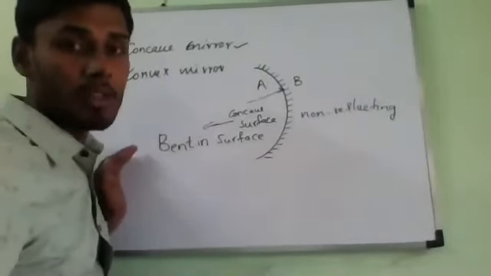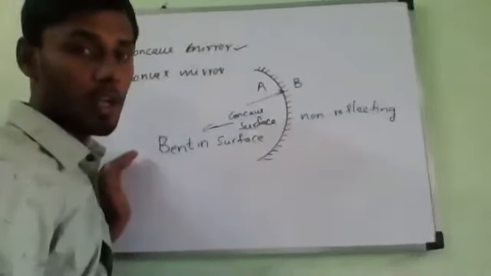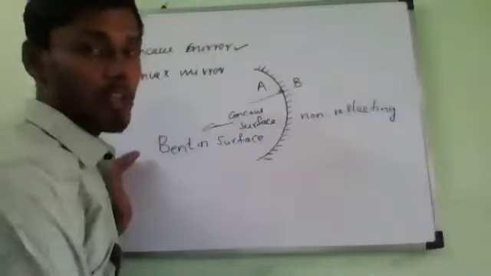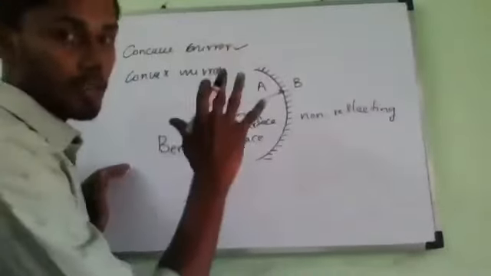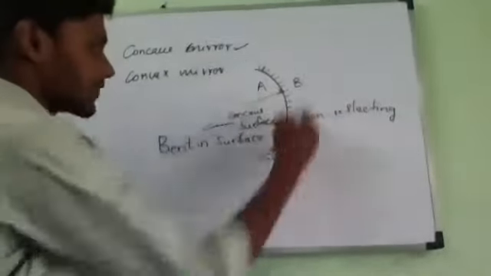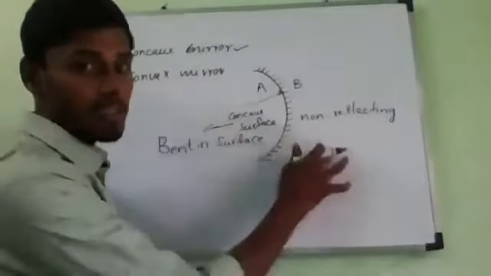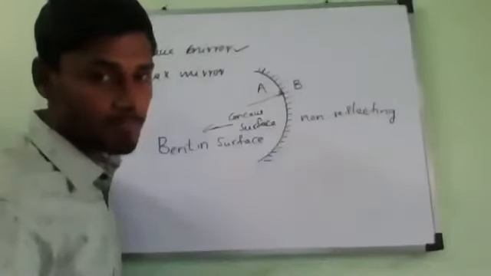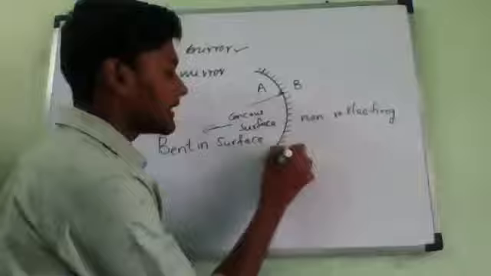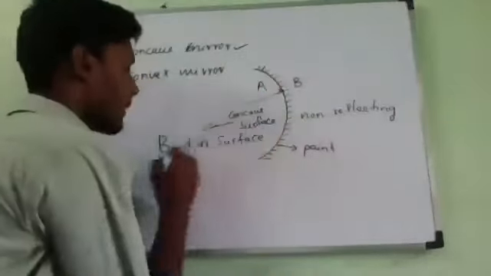In our ray diagrams, we will use only a side view of a concave mirror. If we look at this concave mirror from the front, it appears like a piece of thin round glass whose front surface is shining and whose back surface is covered with paint, non-reflective. It can be any kind of paint, silver paint or something. The inside is a bent-in surface, and this side bulges out.